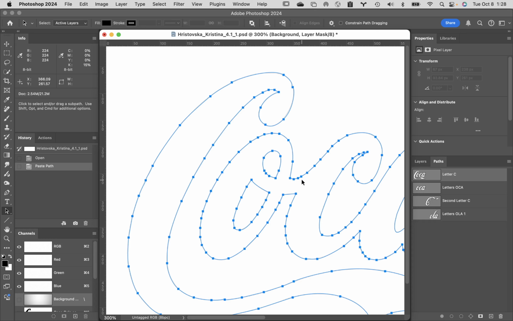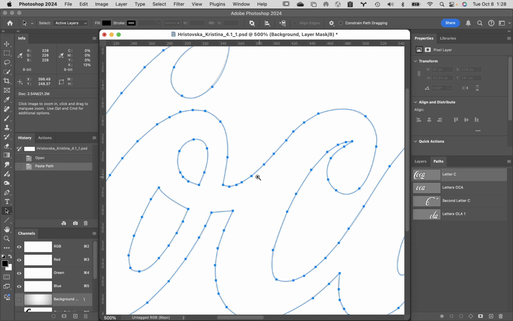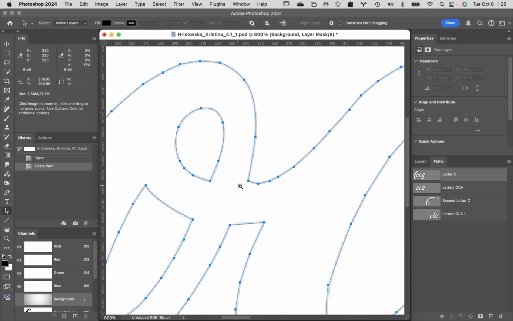So the issue with this, if we move in, you'll see how many points are actually going down in here. Again, the pen tool excels at being able to describe this curve. I would think that this curve right in here, you should be able to nail that with a single pair of points. But if I zoom in here to take a look at what's really going on,